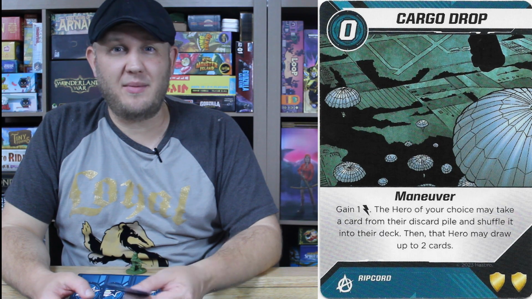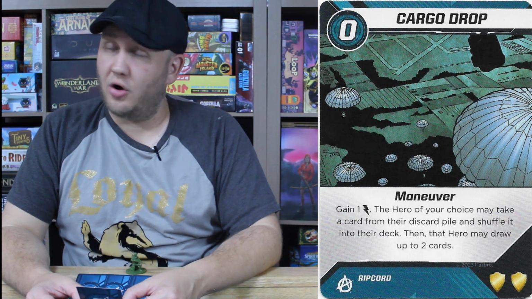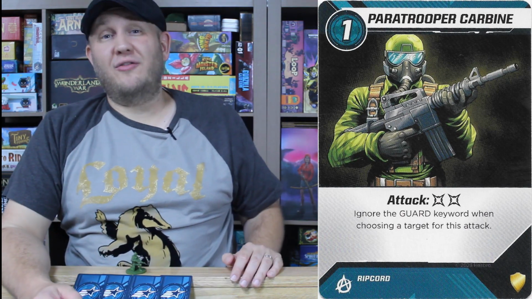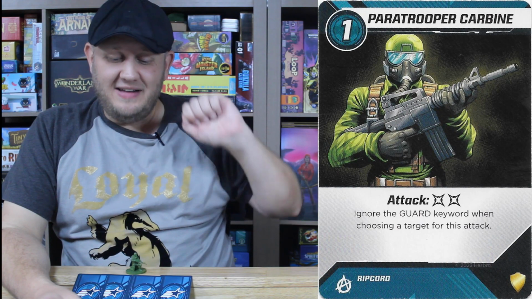So the cargo that's dropped is basically more health for your Joes, more cards in order to be able to defend and attack and whatnot. And then of course, 1 energy, which is always great to have. This looks like Ripcord's go-to weapon, the Paratrooper Carbine. 1 energy, 2 guaranteed damage. Ignore the guard keyword when choosing a target for this attack. No rolling required, everyone. This is just 2 straight damage for 1 energy,